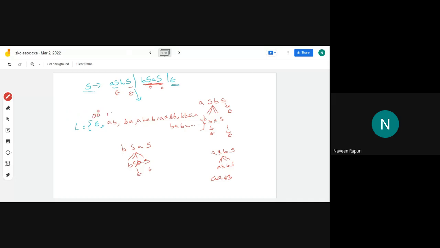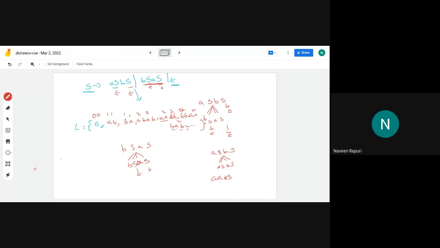Here 1A, 1B. Here 1, 2 A's, 2 B's. Here also 2 A's, 2 B's. Here also 2 A's and 2 B's. And here also BBAA. So here we can say that the language accepted